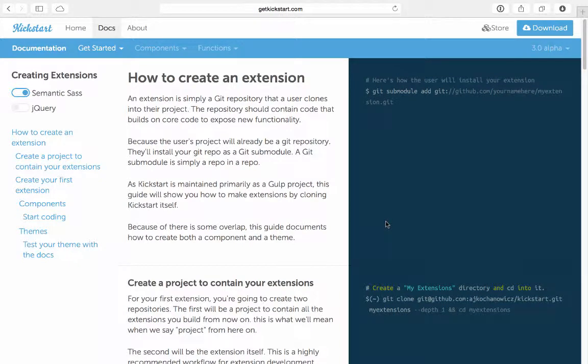Creating an extension for Kickstart is a great way to share your code with the world, but also put it into a common framework and a common language that multiple websites of many different designs and differently arranged components can use. So we're going to start by showing you how to clone the Kickstart project so you can create a kind of testing center for all the